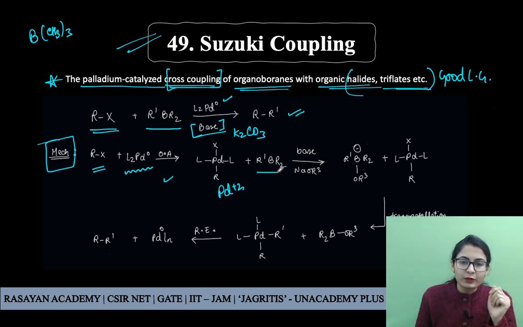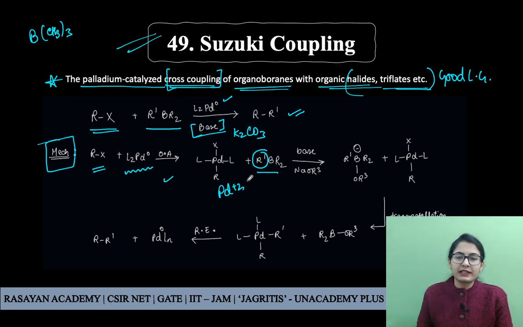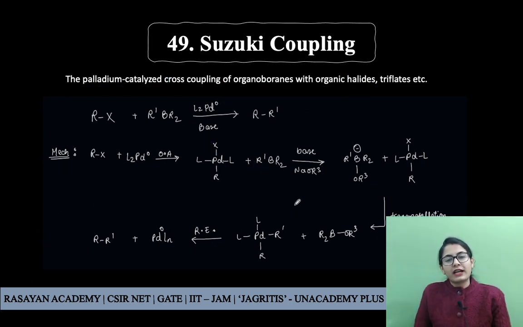Then comes your organoborane. Say we want to grab this R1 and we want to do transmetallation. So what is transmetallation? Just swapping, just interchanging, that is transmetallation. So this X is going to come to boron and the R' is going to come to palladium. Yes, that is how it happens, transmetallation. But there is one problem, it's not that easy. Why? Because boron, guys,